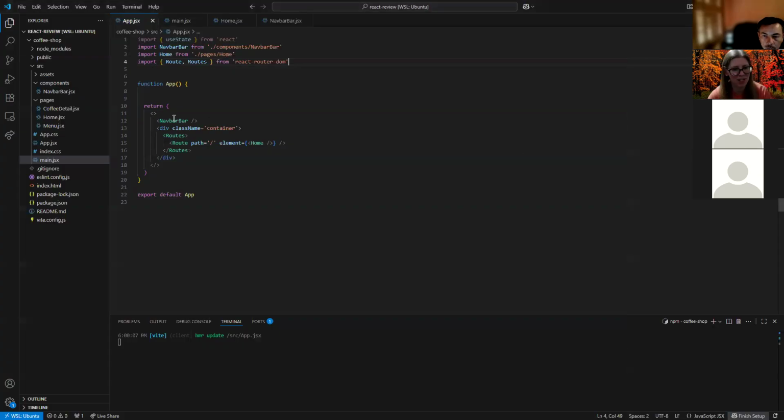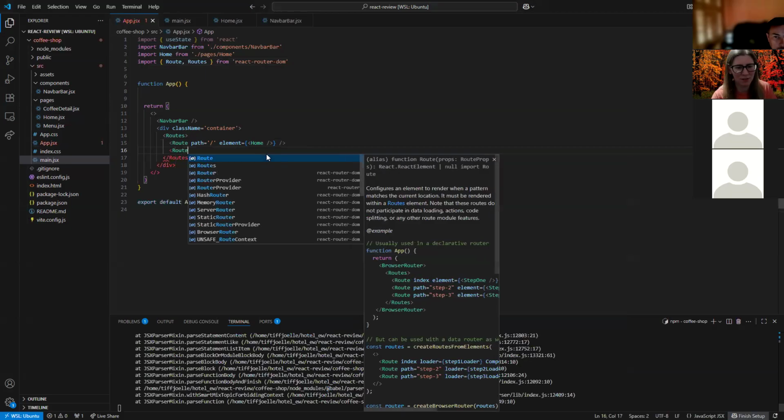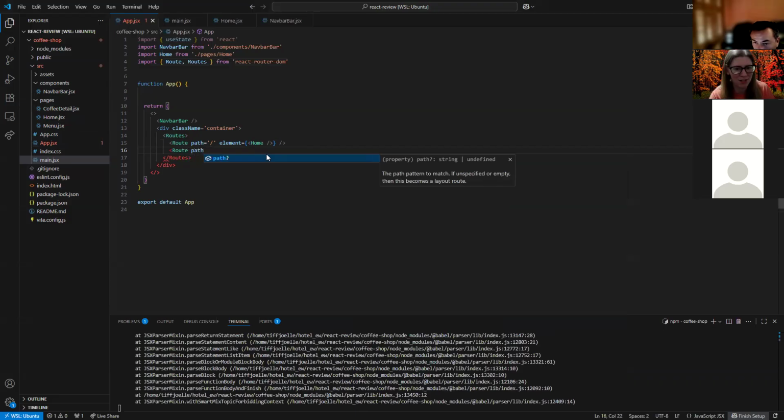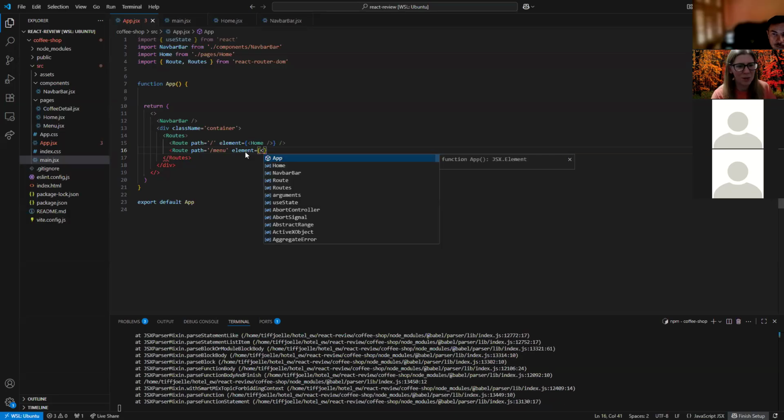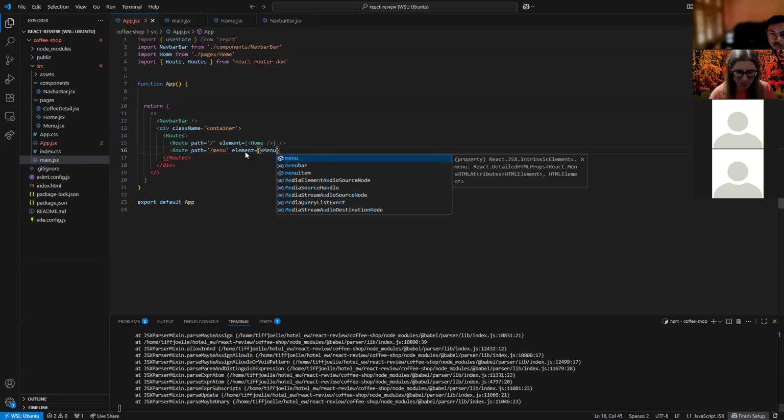We will fill in what we want on each page shortly, but let's go ahead and get the rest of these pages hooked up. So you're going to follow the same structure for each additional page you have, but we need to change the path because the path needs to be different from the others so we can have different URLs to go to. So the next one, let's think about, is menu. The logical thing I would think is just make this slash menu. So now when they go to my localhost port slash menu, let's go ahead and point them to the element menu, which again,